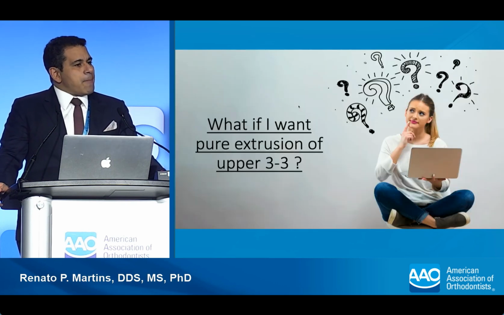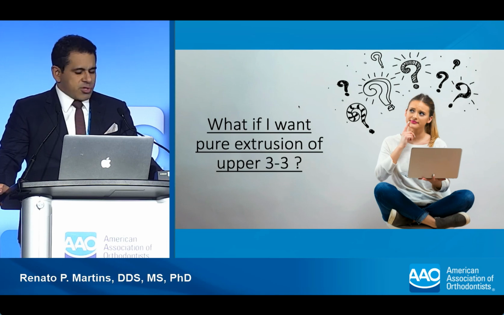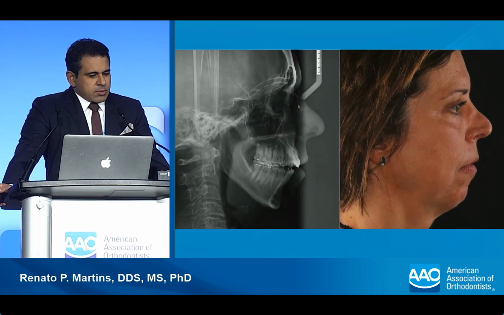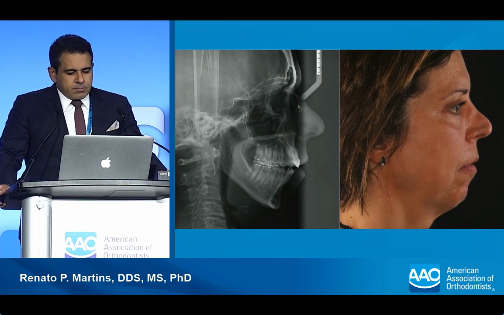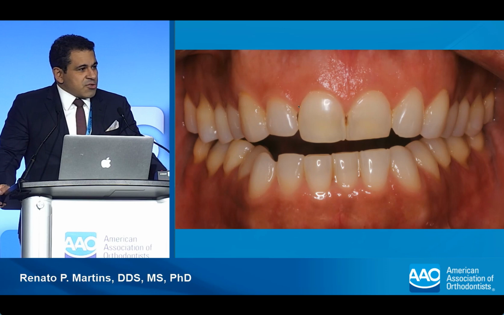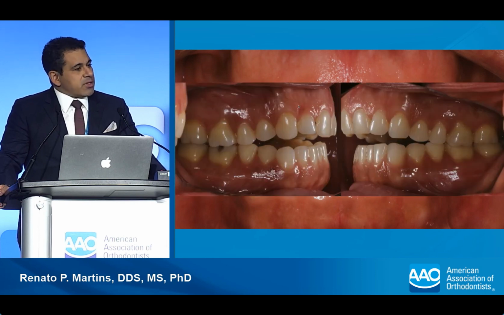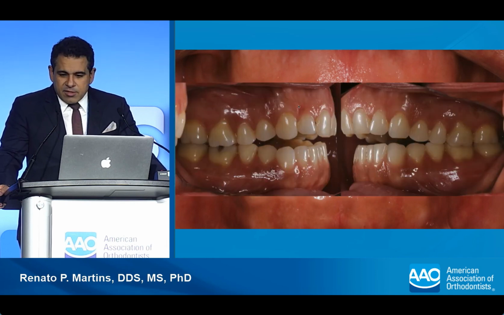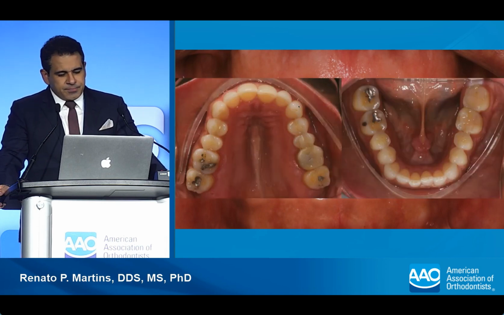But what happens if I want to extrude from canine to canine, pure extrusion? Well, let me show you a case. Maybe you can find out. This is a vertical patient, class 2, open bite, and she's a surgical case. So whenever I want pure extrusion of the upper dentition, probably I'm going to need orthognathic surgery. So I'm going to prepare the case with aligners,